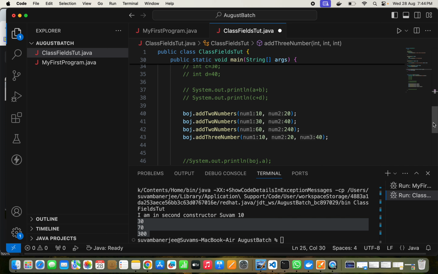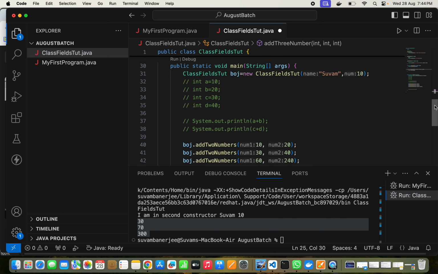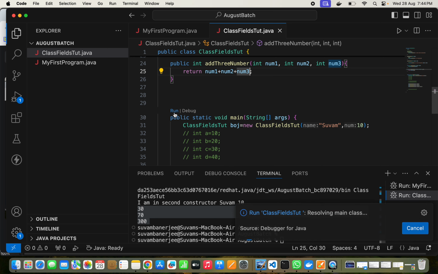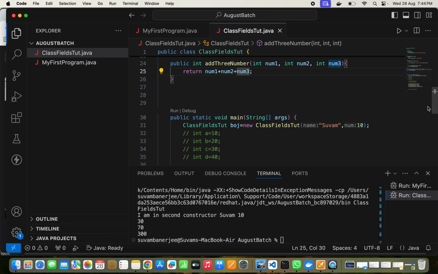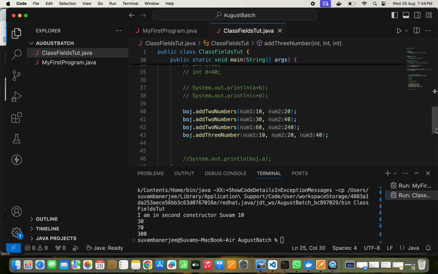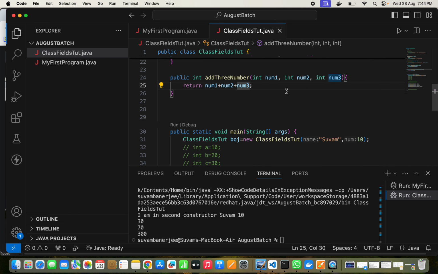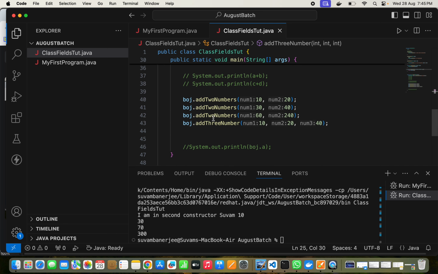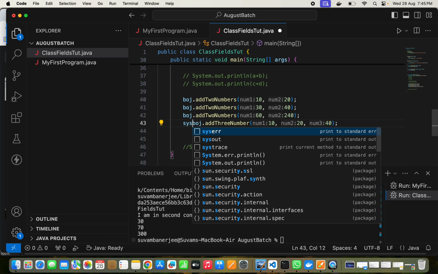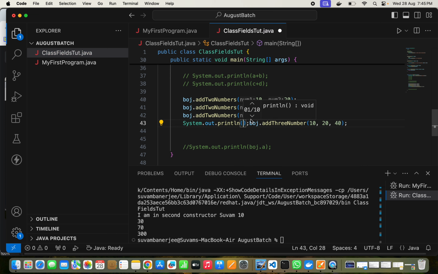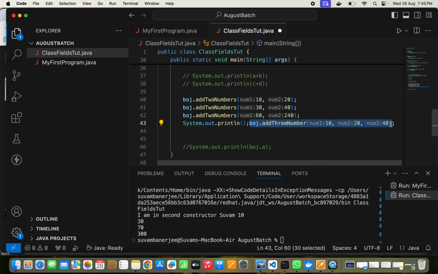I was about to cover it. Suppose it is adding. Now if I run it, it will add, but you are not getting any result, as we do not have any print statement here. We do not need a print statement inside the method, because we can also print this. Simply you just print it, or in another way,